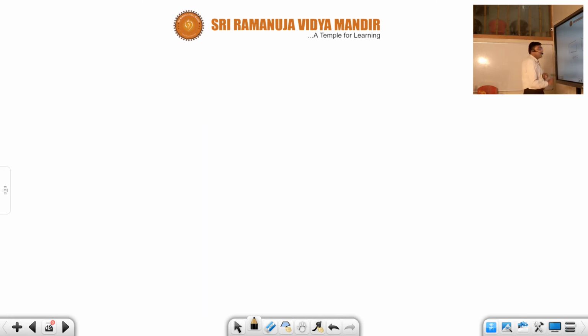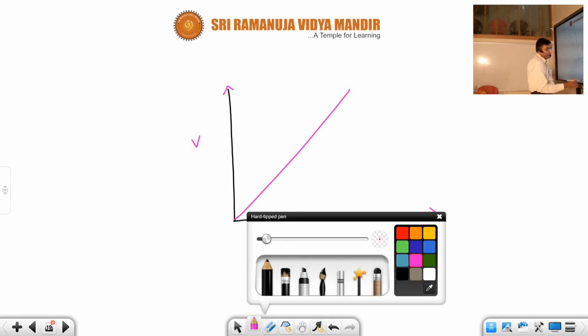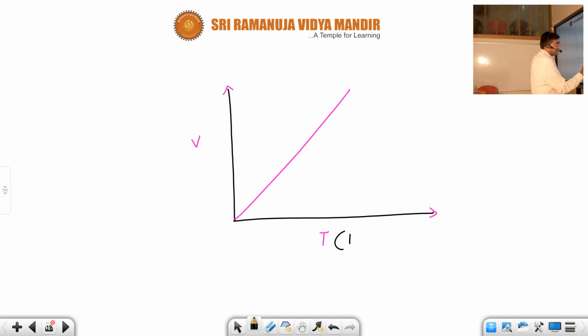Now in another way, you can also draw a graph this way. Students, have a look here. For example, if you take volume and temperature here, this temperature is in Kelvin, mind you. This is in Kelvin scale. Naturally, this is 0 Kelvin. So at 0 Kelvin, volume becomes 0. This is absolute 0. What does 0 Kelvin mean? Absolute 0. Try to understand, students.